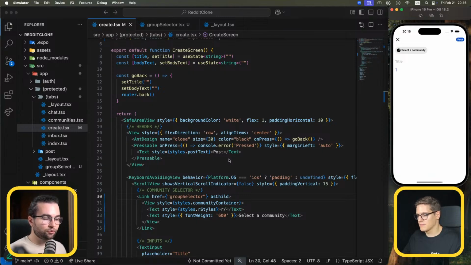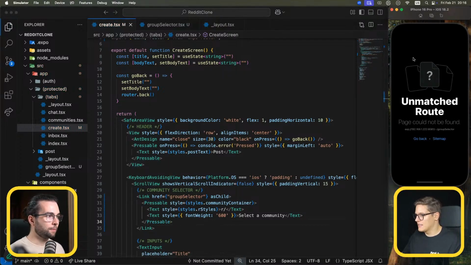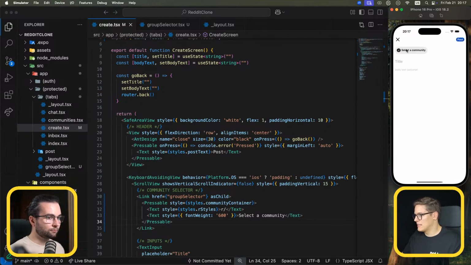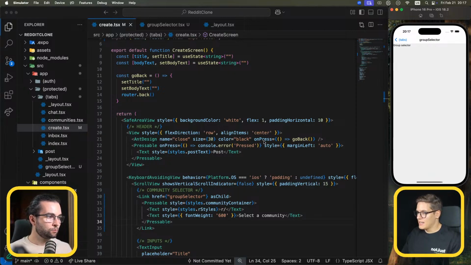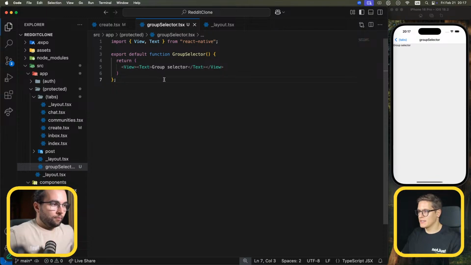So we simply have to switch the view to a pressable, and then everything is going to work as before. So we do this, we save it, and I need to reload because after adding a new style, I did not reload. And if we go, we are in a group selector. Perfect. So now if we go to the group selector, what we will do is, first of all,